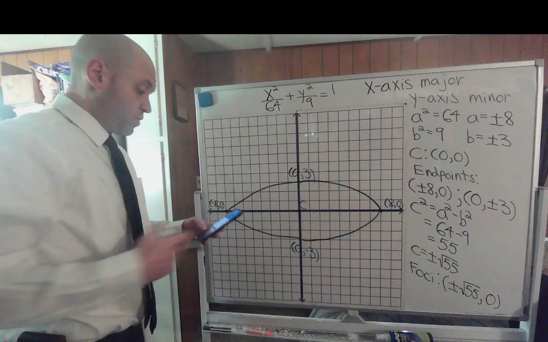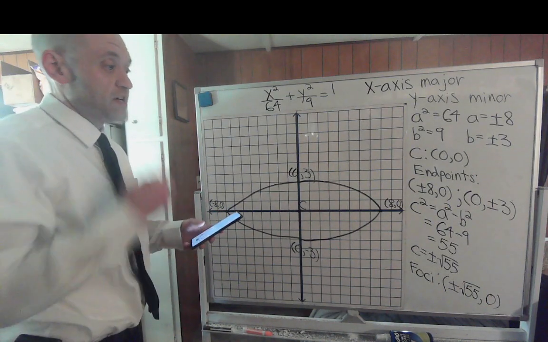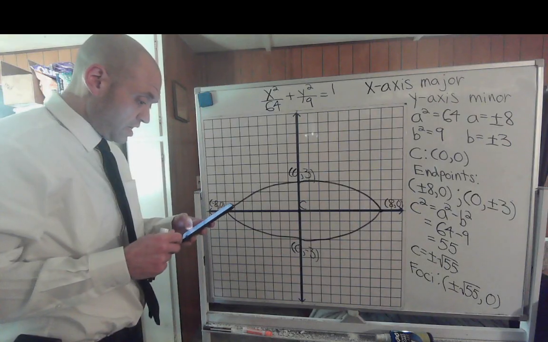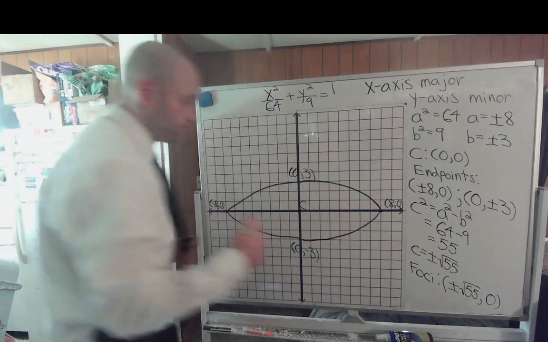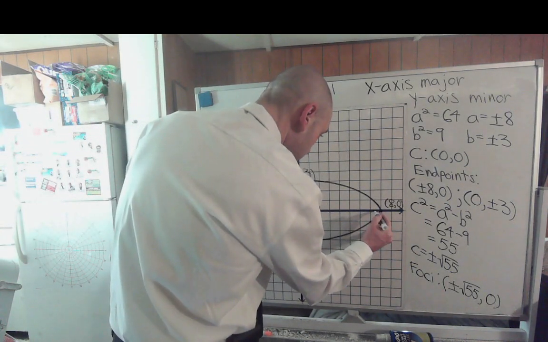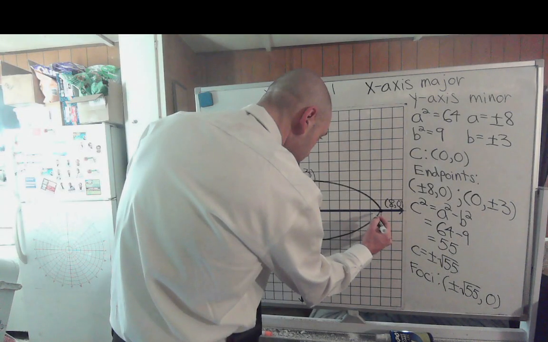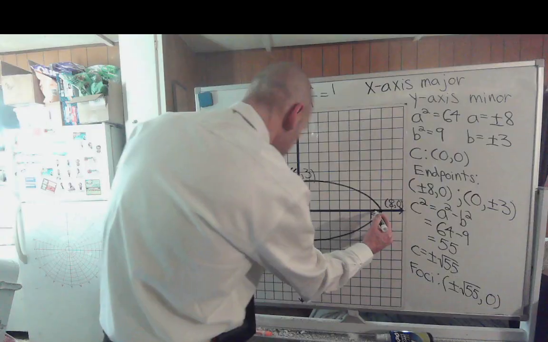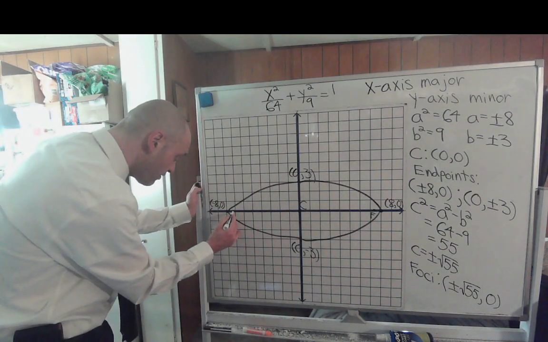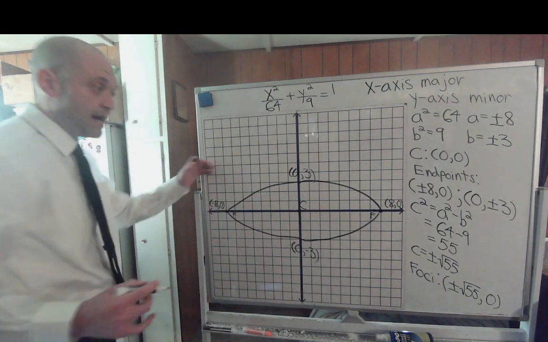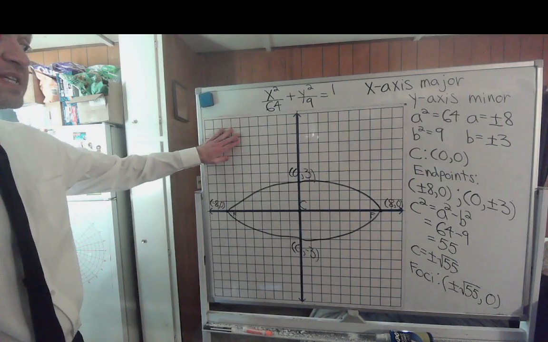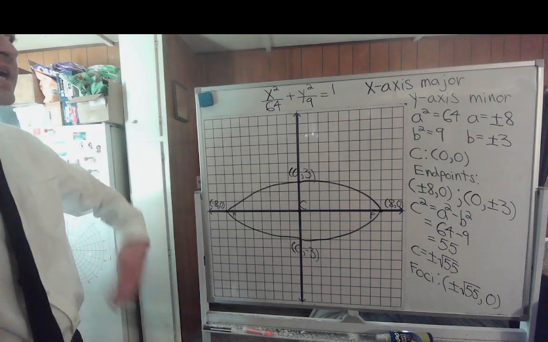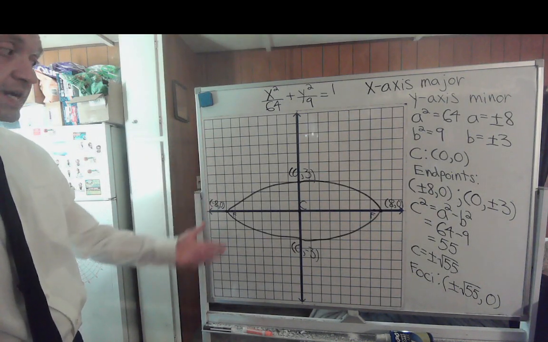Let's figure out what the square root of 55 is. That's about 7.42. So that's about right there. There's your first focus, right about there, which means it's going to be about here for your second focus in the negative area, all the way back. And then you have completely graphed this ellipse based on the major, minor axis, the center, the endpoints, the foci,